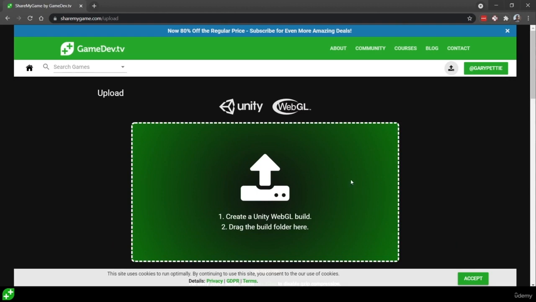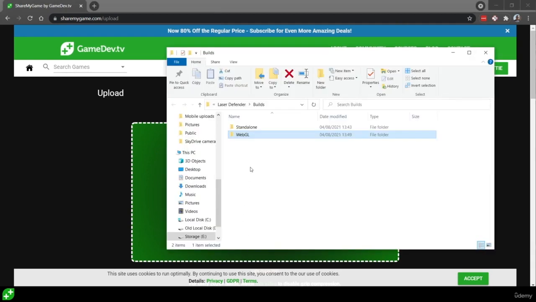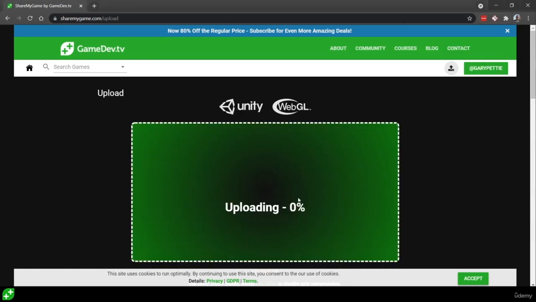If we click on this, to upload our WebGL build once it's finished, we're just going to need to drag our entire WebGL folder into this box. My game has now finished building, so I'm going to click and drag that over, and it will prepare our upload for us. This may again take some time, but it's part of the process of getting your games out